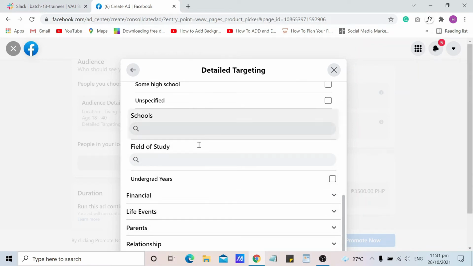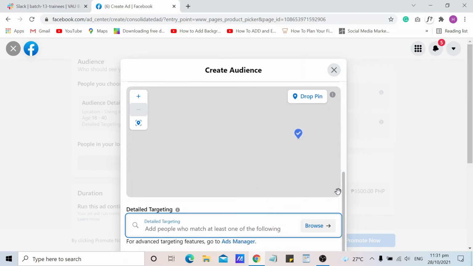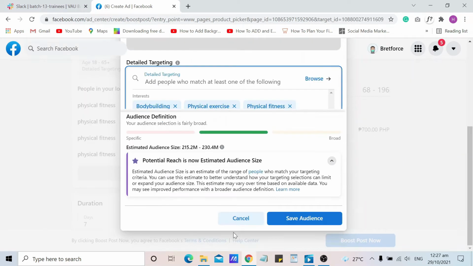You can choose here whatever you like to define your target. And then click Save Audience.